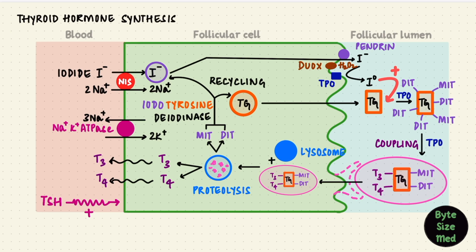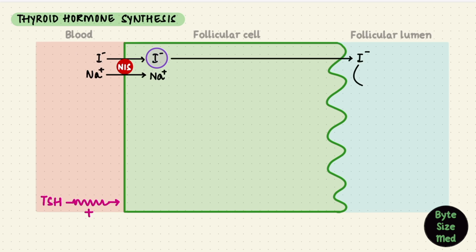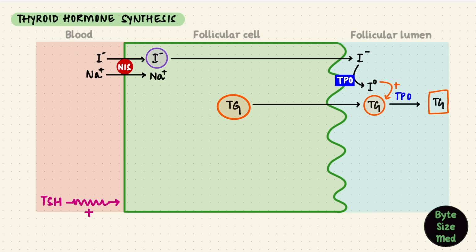Though I covered most of this stuff in part 3, let's quickly review the steps of thyroid hormone synthesis. It needs iodine and tyrosine. The cell takes up iodine from the plasma by a sodium iodide symporter. That iodide ion then reaches the follicular lumen where it gets oxidized to iodine, so that thyroglobulin can be iodinated with the help of thyroid peroxidase. That forms mono and diiodotyrosine, which stay bound to thyroglobulin. This is organification of thyroglobulin, which happens in the follicular lumen.